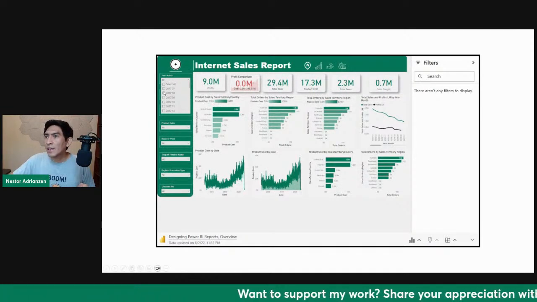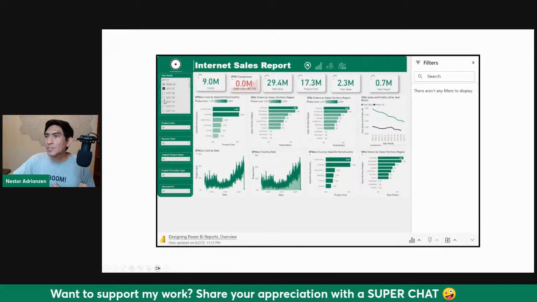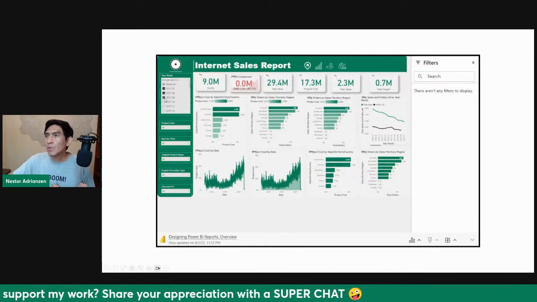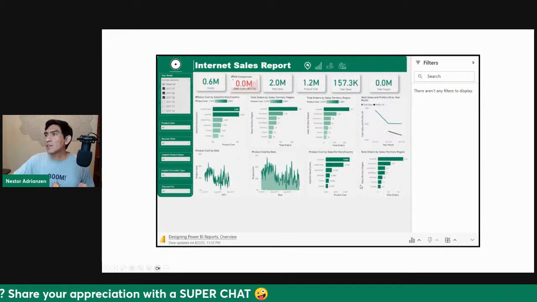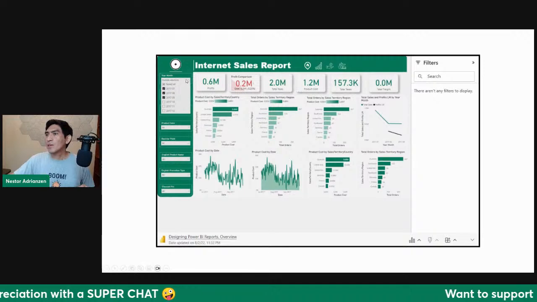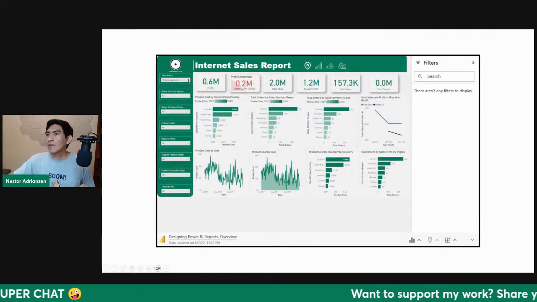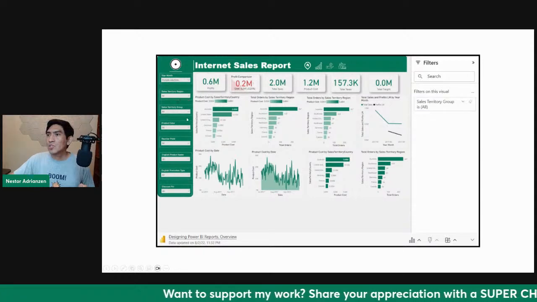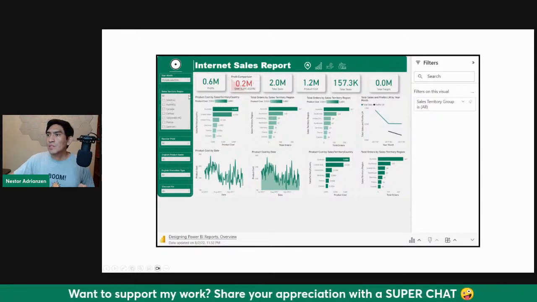So let's say that I care about the first 3 months, and hopefully this works. It's thinking, boom, it's working. So it's very interactive. And also let's say that we want to check for a specific region.